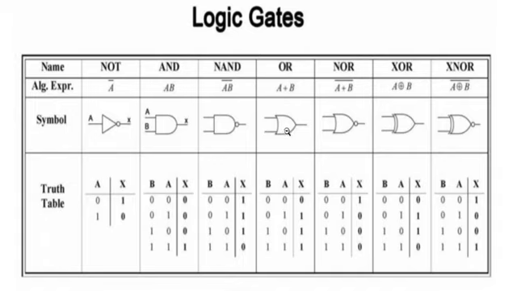Now the next is the OR gate. It has two inputs and only one output, and the Boolean expression is given by A plus B. This is the symbol of the OR gate. What is the logic of the OR gate? Either A is true or B is true or both are true, then Y is true. Otherwise, the output will be false. See, in the second, third, fourth cases the outputs are high, otherwise the output will be low.